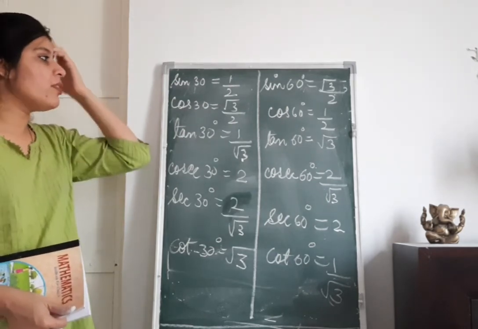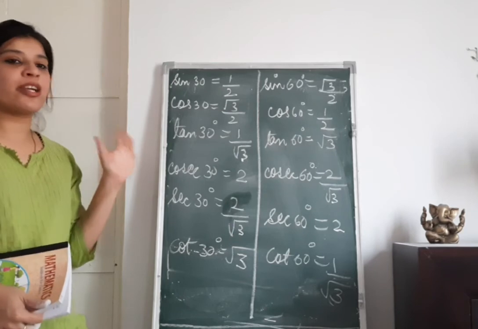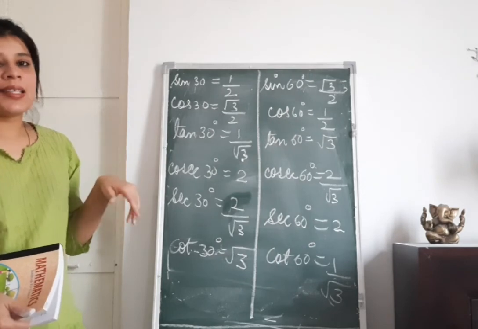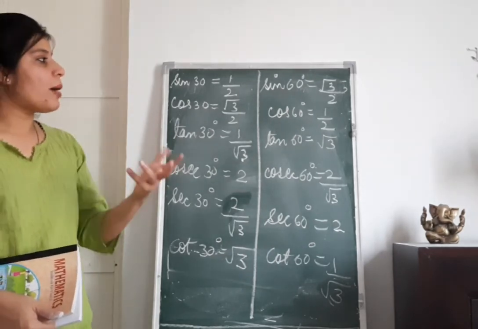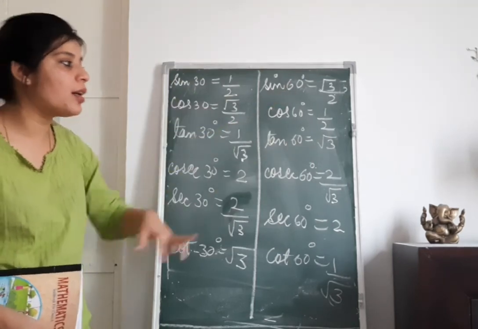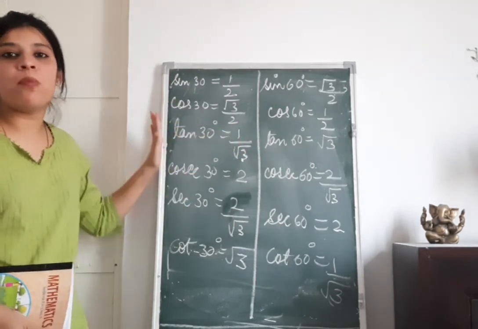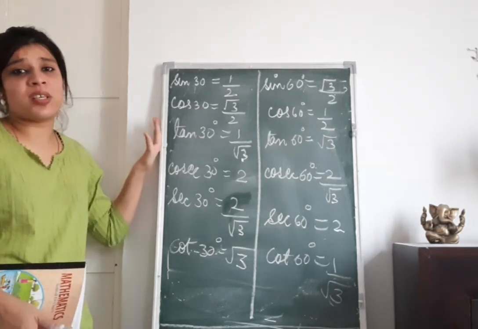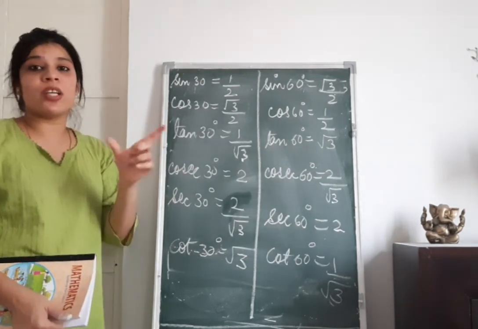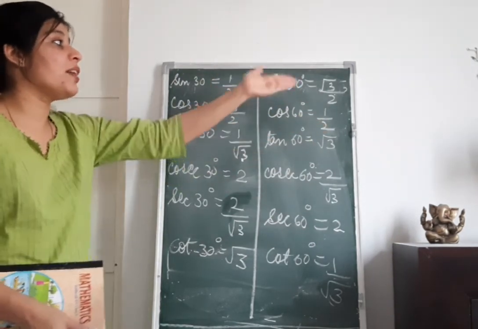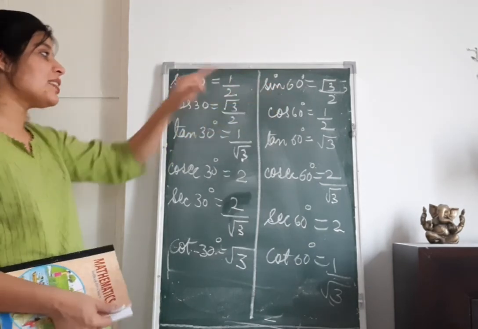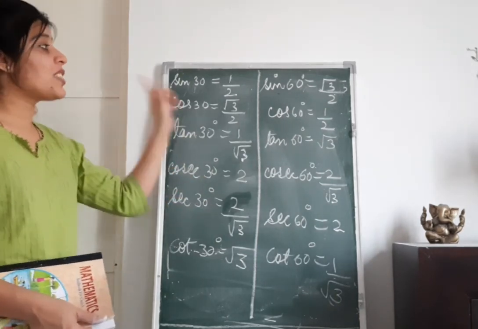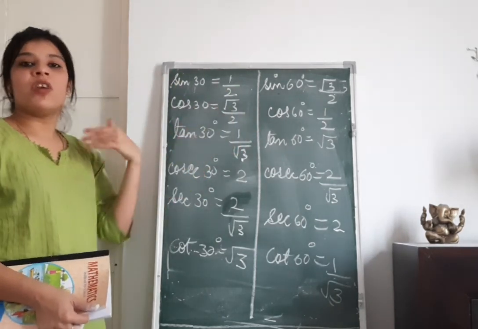In my next video, I will be sharing how we will be finding out the trigonometric ratios for angles 0 degrees and 90 degrees, and in my upcoming videos, I will be sharing how to learn all these values. It is very important to learn all these values from your examination point of view, because a lot of questions are going to come directly on the basis of this concept, where they will just be asking you the value of sin 60, cos 30, tan 30 or tan 60, or there will be many questions where the values of sin 30, sin 60, cos 30, cos 60 will be used.